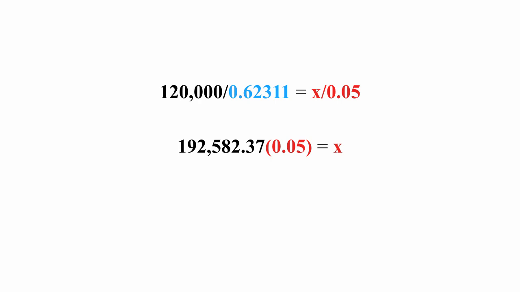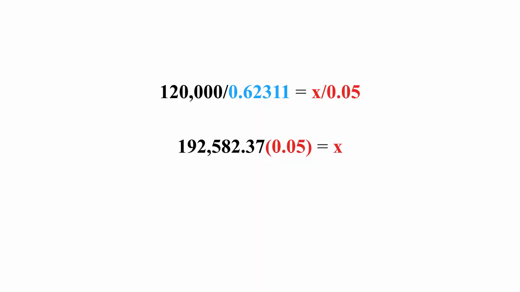192,582.37. What we'll do then is we need to get rid of the 0.05. That's part of the X, and that is a divisor into X. Bringing it over to the other side will become a multiple of. So that's why I have that